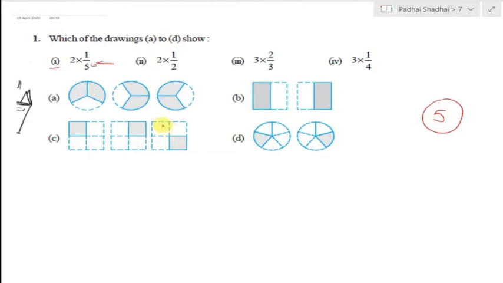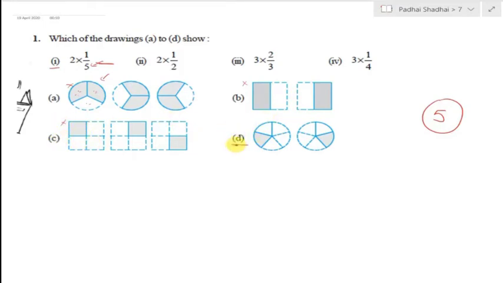See here, if we take question 1, meaning figure A, it has 3 parts. Each body is divided into 3 different parts, beta. See for figure A, 1, 2 and 3, it is divided into 3 parts, so it can be written like 1 by 3. So it is not the answer. Here one body is divided into 2 parts, so it is 1 by 2. Similarly, the last one here is divided into 4 parts, beta.